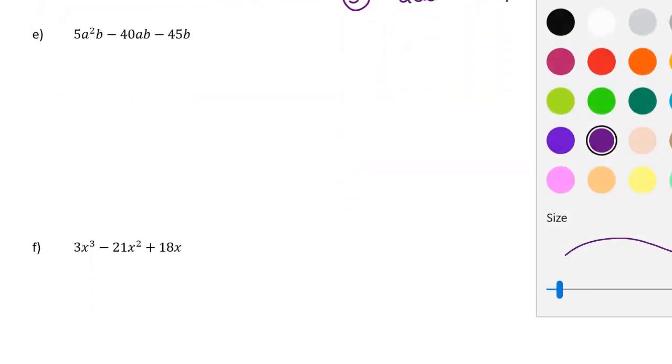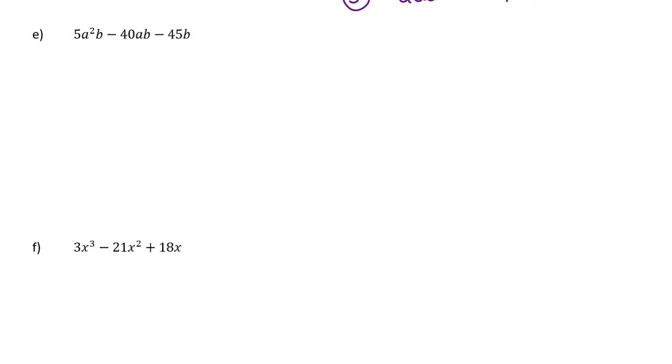Now this doesn't look like a trinomial at all, and it might not be, because I have a's and b's, and that's really weird for me. So my first thing I check for is my highest common factor. So if I look at my numbers, 5, 40, and 45. Okay, 5 is definitely common. Okay, a squared b, ab, and b. Well, I was thinking that a would be common, but my last term has no a's,